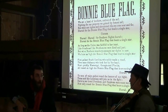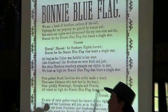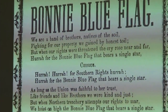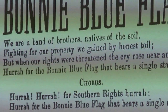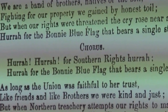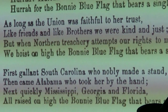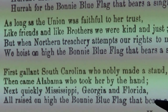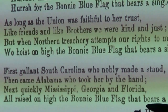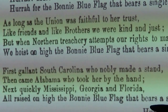Oh, we are a band of brothers, natives of the soil, fighting for the property we gained by honest toil. And when our rights were threatened, a cry rose near and far, to hoist on high the bonny blue flag that bears a single star. Hurrah, hurrah, for Southern rights, hurrah. Hurrah for the bonny blue flag that bears a single star. Now, as long as the Union was faithful to a trust, like friends and like brothers, kind we were and just. But now when northern treachery attempts our rights to mar,